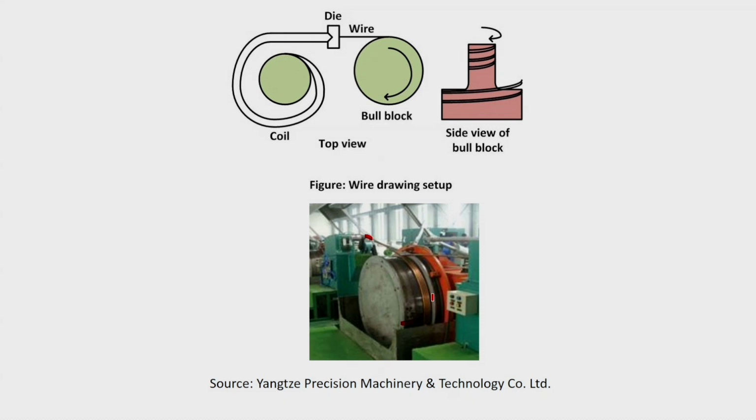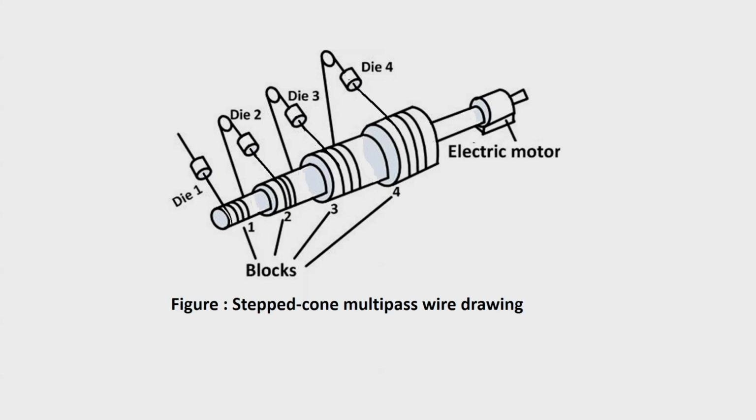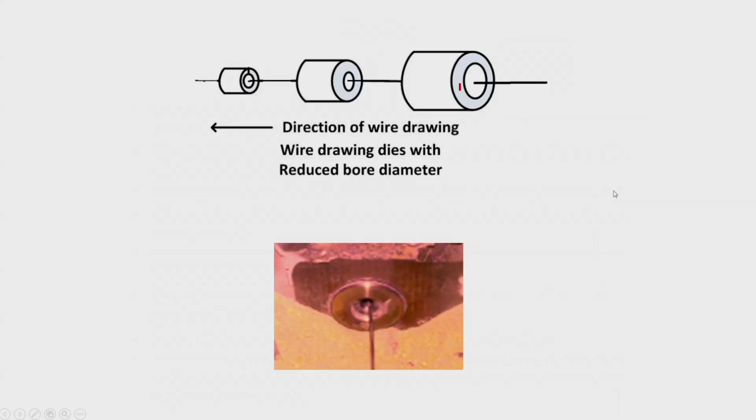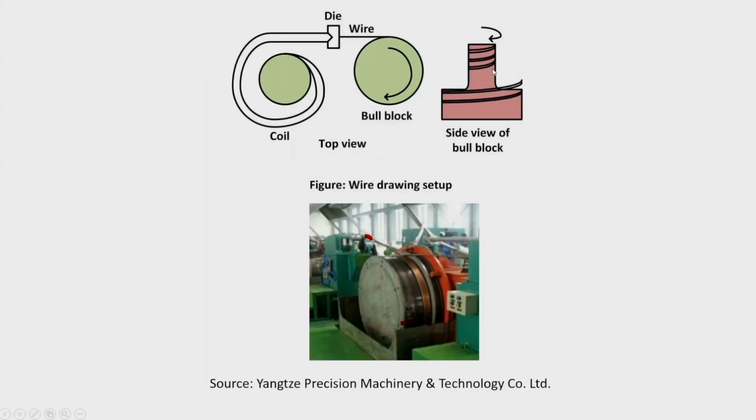This is for small wires, but if it is for larger sizes, then a draw head will be used. Sometimes it may be very big in size depending upon the forces. Now, either you can have a series arrangement which is kept from one end to the other when it passes through, as we have shown here. In this case, a series of dies are kept and the wire will be pulled.